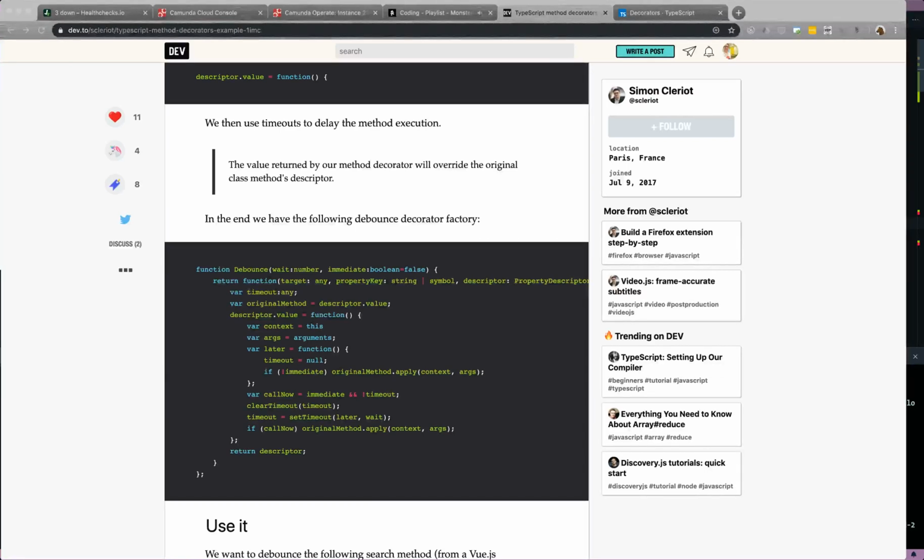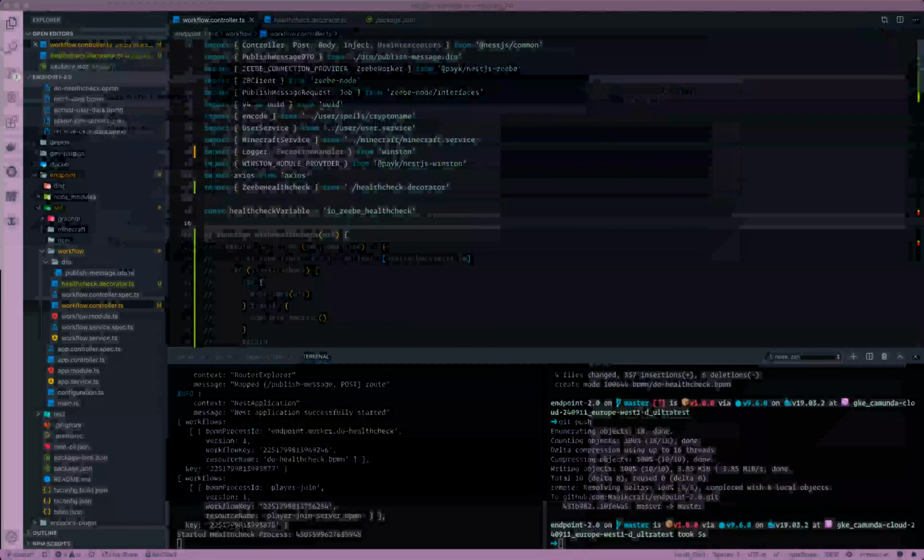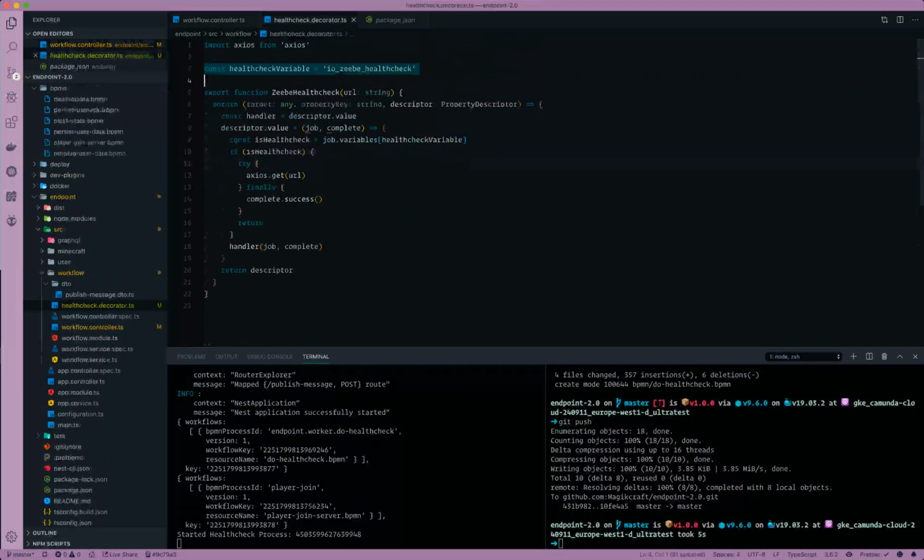Let's go back to this. Zeebe endpoint. That's what you want to be looking at. Okay, so I wrote my decorator. I export a function. This is a decorator factory, so it takes a parameter, a URL, which is a string, and here's the method decorator here. It takes a target, a property key, and a property descriptor. And then I put the original handler, which is a descriptor value, it's the method, into this local variable handler,